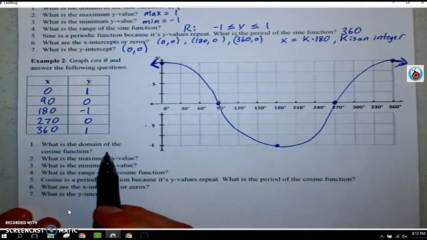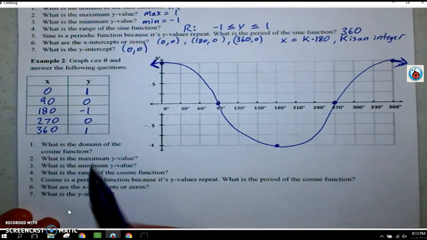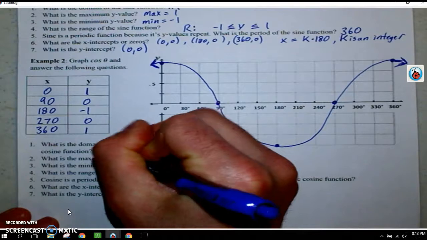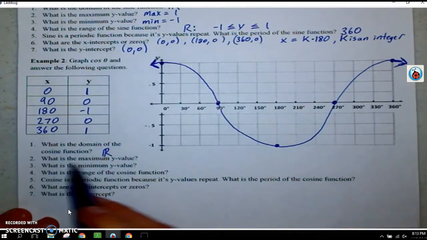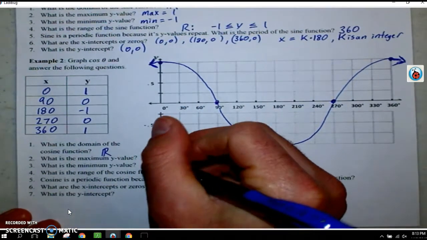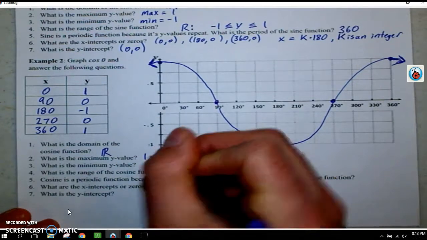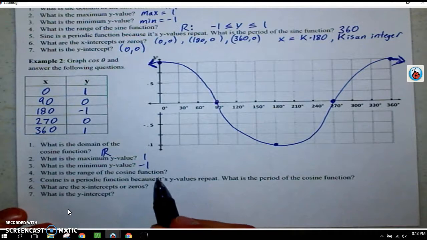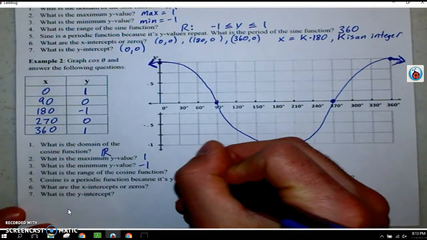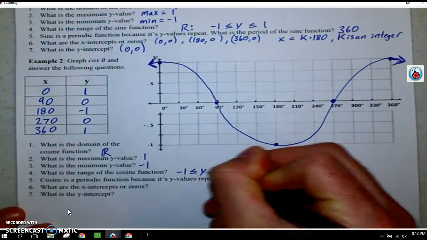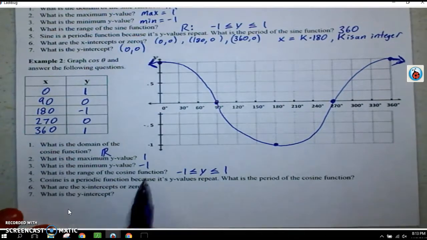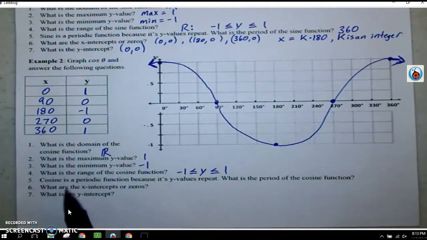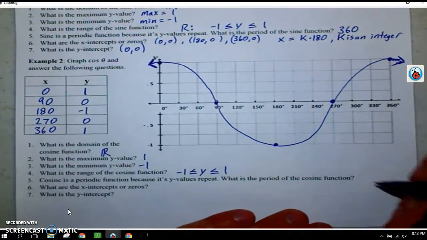The domain of the cosine function is going to be identical to sine. It is going to be all real numbers. The maximum y value is the same, +1. The minimum is the same, also at -1. The range of the cosine function is also the same, where my values range between -1 and 1. And it says cosine is a periodic function because its y values repeat. What is the period of the cosine function? Well, the period is the same,